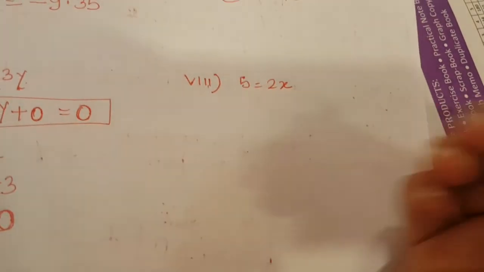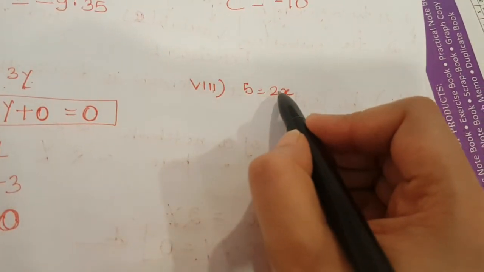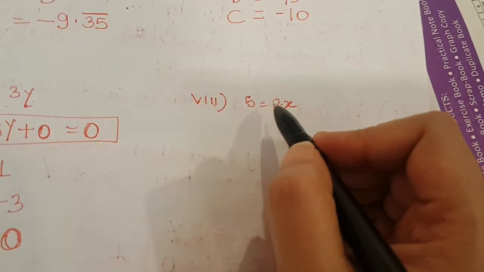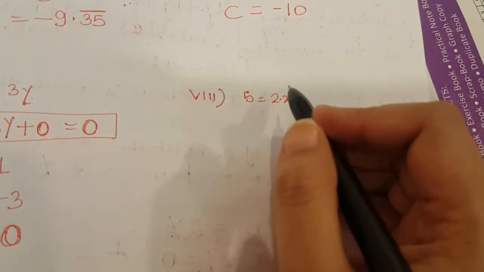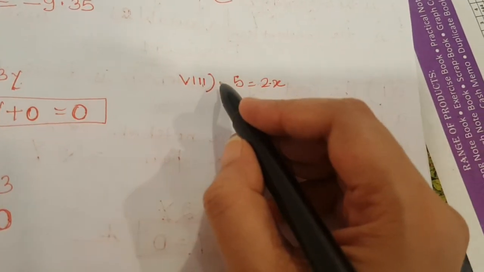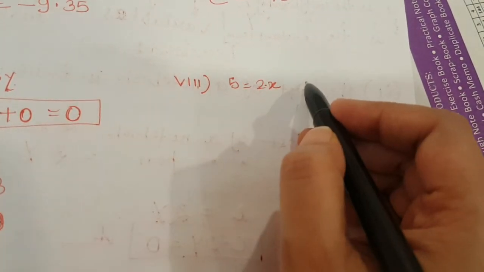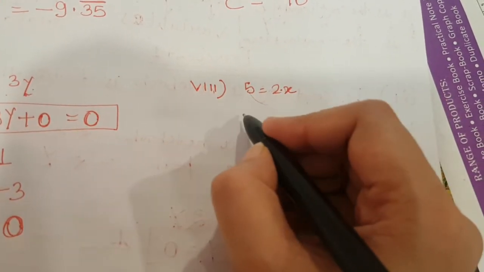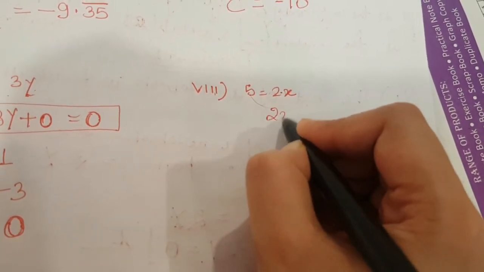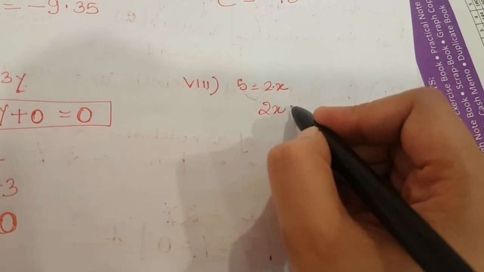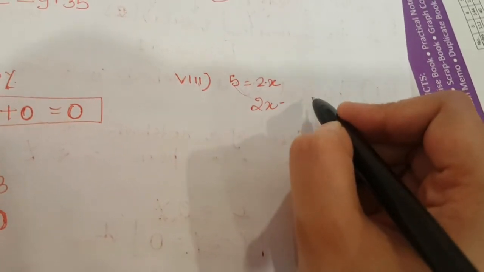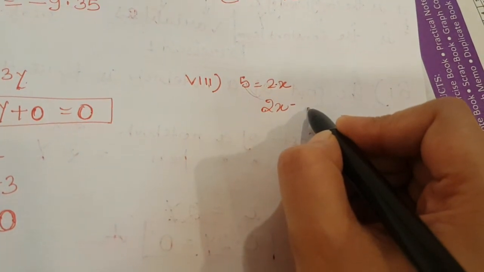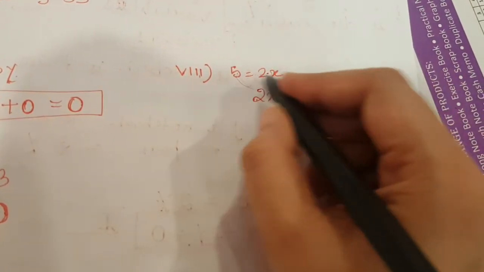Last part, 8th. You can shift in this part. You can do this part by two ways. You can shift this 2x here in minus, and you can shift this 5 this side. It's your wish. So what I am doing, I am shifting this 5 this side. So it will be 2x minus 5. But after x term y term should be there, and the y term is not there at all. We cannot see here y.